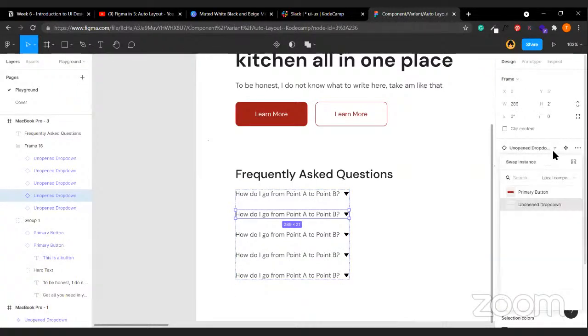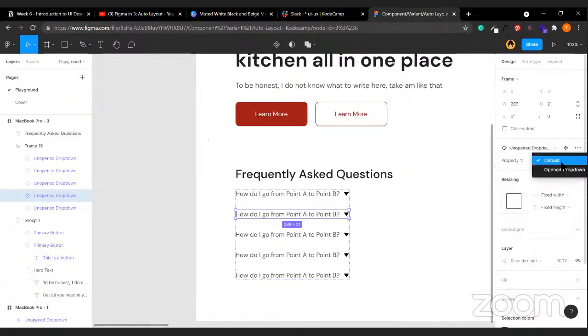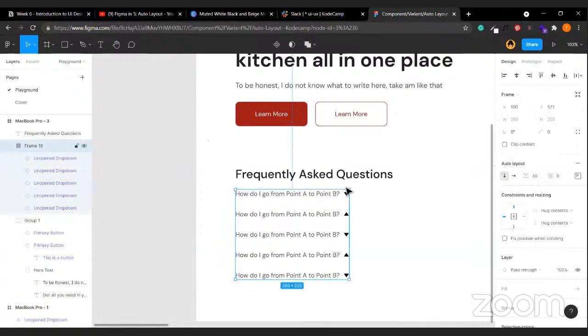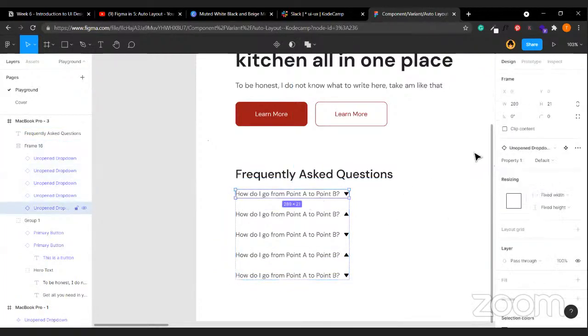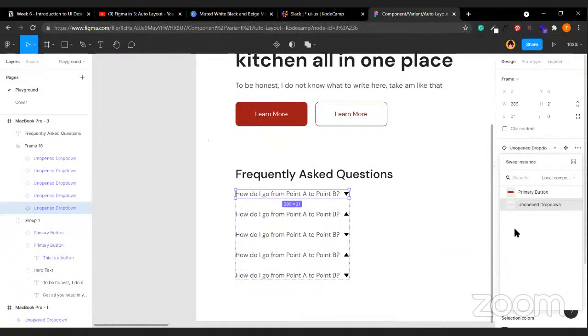Sorry, come here. Default, open drop down. Or if I want to change this one, come here, open drop down. So basically this was the part that confused me, just in case people are confused too. Don't worry, I'm not lost. This part on open drop down is showing now